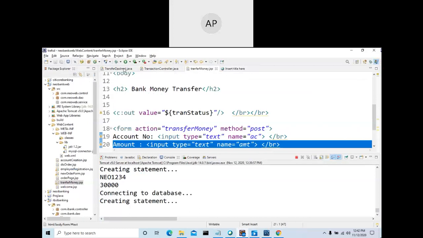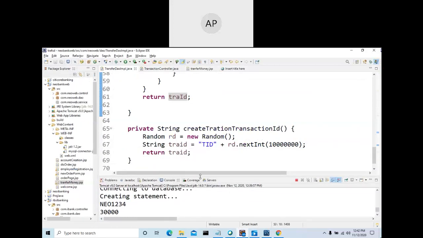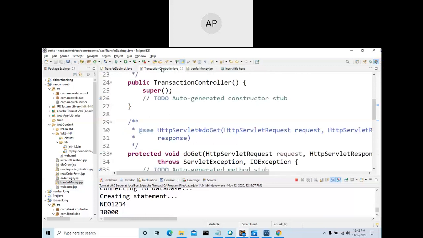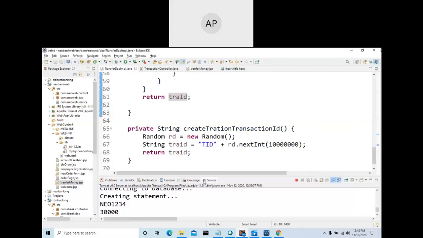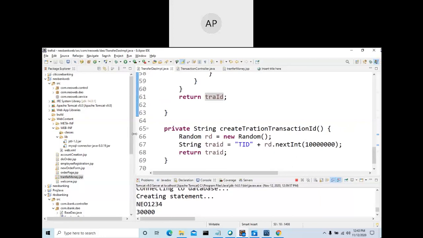Okay. So now there is only one servlet, one JSP page, and one DAO. Actually, you should have a service layer, DAO layer, controller layer, and view layer. The view layer is your JSP page. The servlet is the control layer, and we add one service layer. The logic of creating a transaction ID, we wrote in the DAO class. There is no need to write this logic in the DAO layer. Better you write this logic in the service layer.